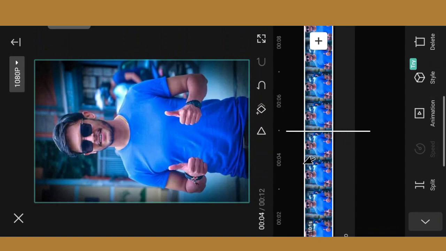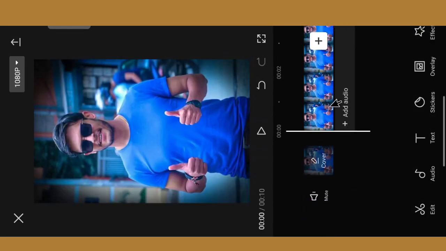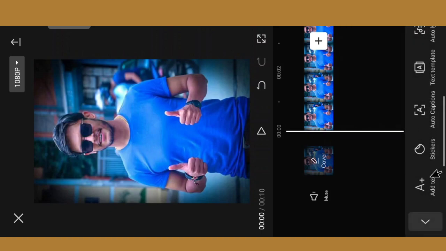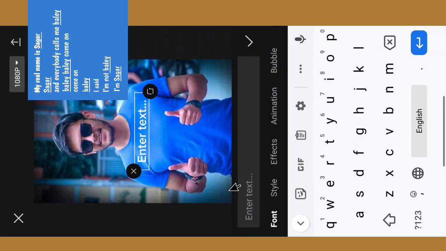And come back to the previous point. Sorry, you have to delete this ending. You have to delete it now or delete it at the end. Now you have to click on text, T. You have to click here, add text. Okay, add text. You have to type: my real name is